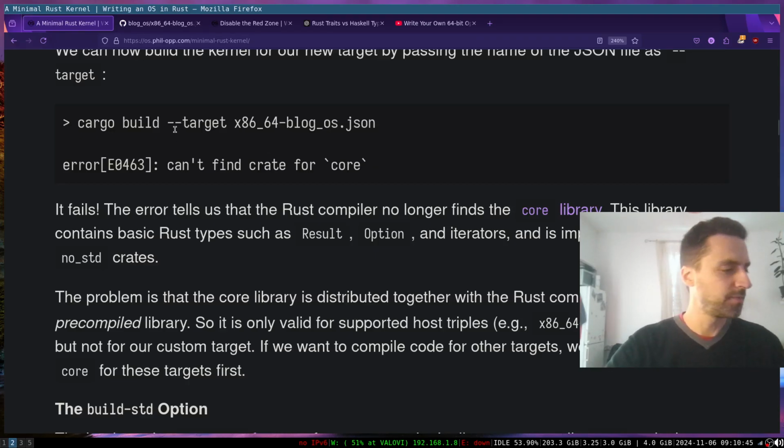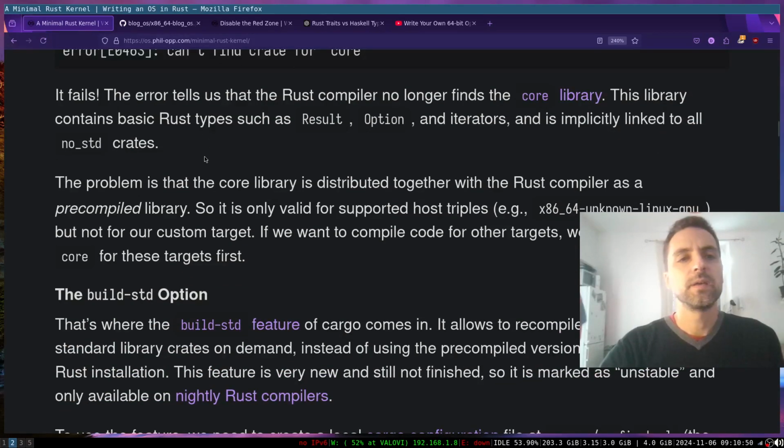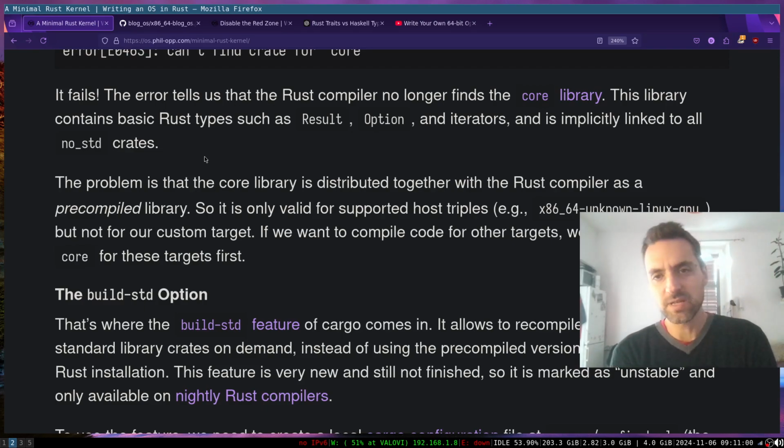Can't find crate for core. It fails. The error tells us that the Rust compiler no longer finds the core library. This library contains basic Rust types such as result, option, and iterators, and is implicitly linked to all no-std crates. The problem is that the core library is distributed